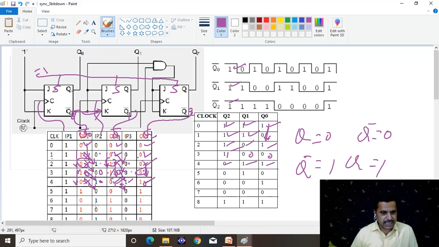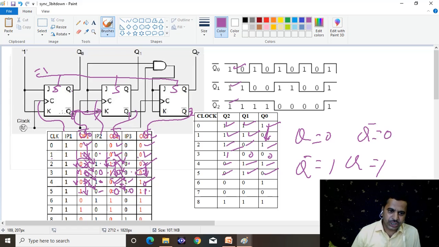When the fifth clock cycle is applied, again it complements, it goes from 0 to 1. Here the input is 0, so there is no change. The previous state is 0, this state is also 0. The input to the third flip-flop is 0, so it retains the previous state because there is no change. Now it becomes 1 only. Then what you are getting? 1, 0, 1. That means opposite to that one: 1 means 0, 0 means 1, 1 means 0. That means 0, 1, 0.